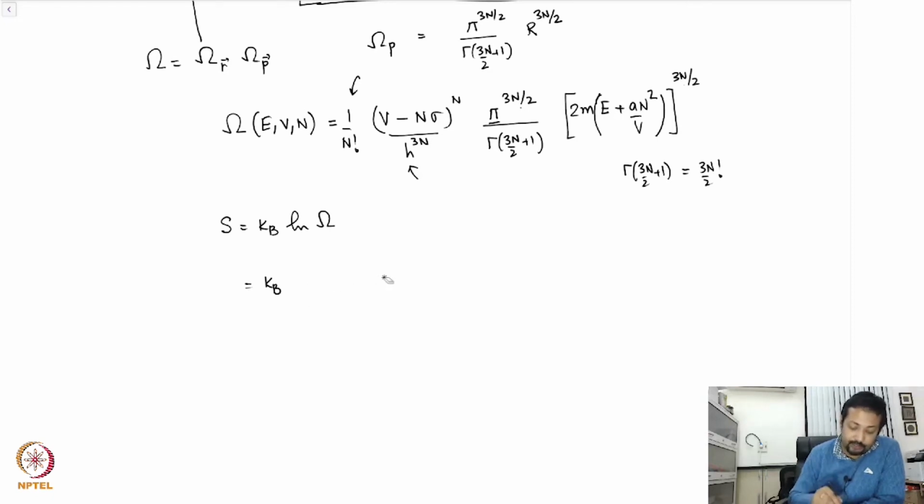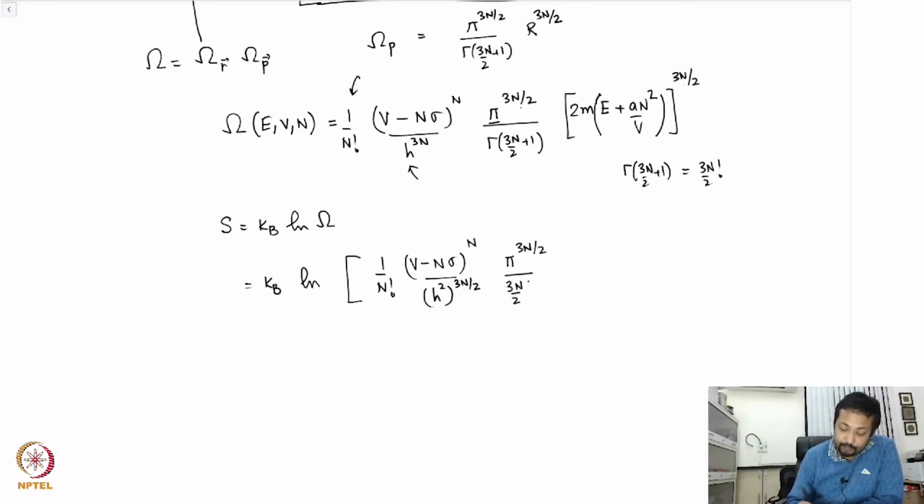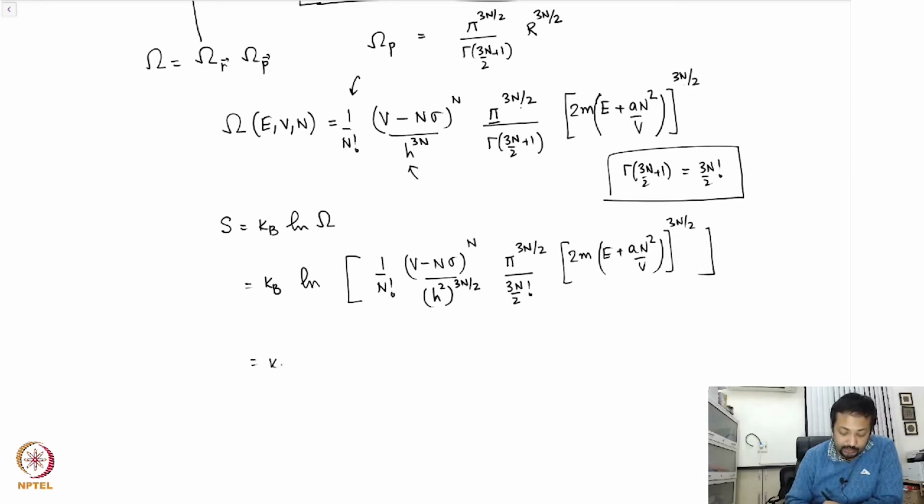First let's simplify things, and then we will expand the log. We will write it as ln of 1 over n factorial, v minus n sigma raised to the power n, and then I see that the denominator is h square raised to the power 3n by 2, pi to the power 3n by 2, 3n by 2 factorial. Gamma 3n by 2 plus 1 is 3n by 2 factorial. I have twice m e plus a n square over v raised to the power 3n by 2. So I write this as kb ln 1 over n factorial, v minus n sigma raised to the power n,